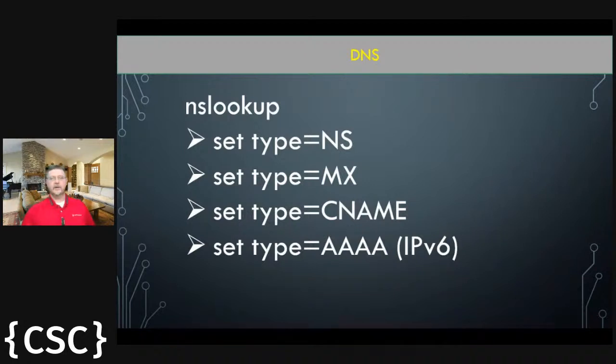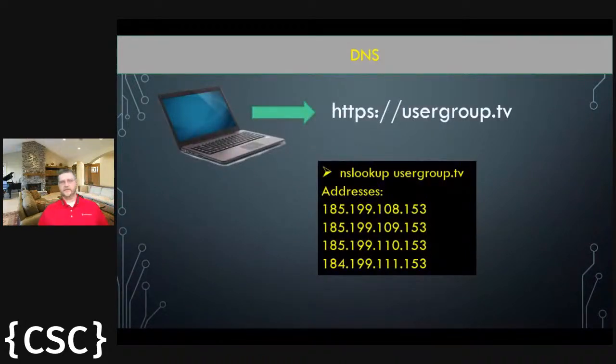But right now, we're going to stick with the discussion of IP version 4. So let's look at another example. I pull up on my laptop a friend of mine's website where you can view multiple user group recordings and other conferences for the last several years. And a friend of mine does this for free. He does this for several people and stores those videos for anybody.